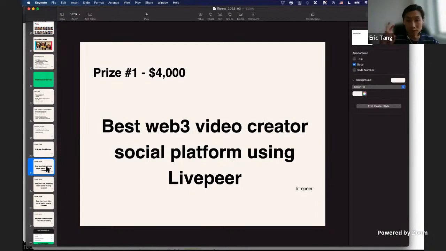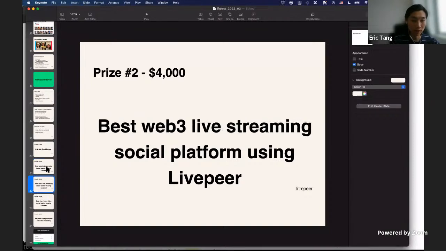Here we're emphasizing creator social platform, so thinking about how to empower creators to connect with their fans and to monetize the content that they're creating. Second prize, for $4,000, is the best Web3 live streaming social platform using Livepeer. So imagine what a Web3-based Twitch would look like, or things like that.